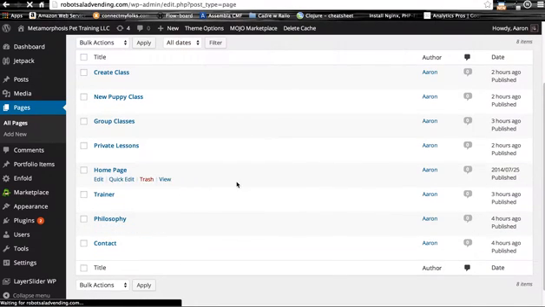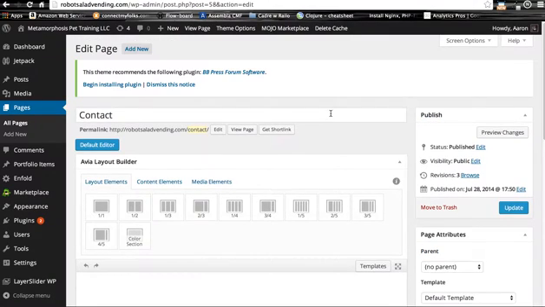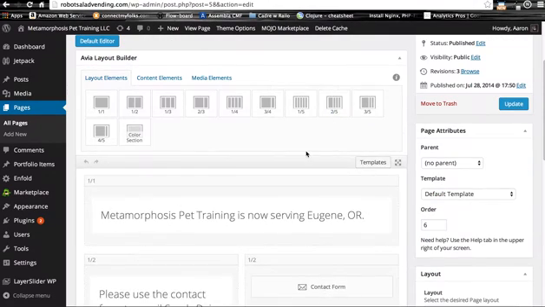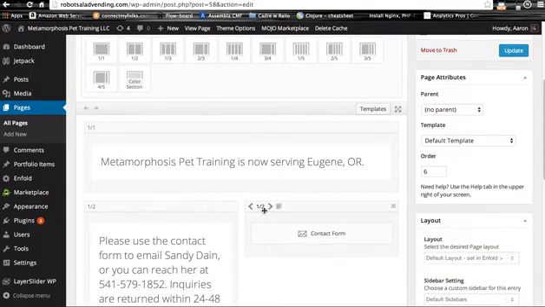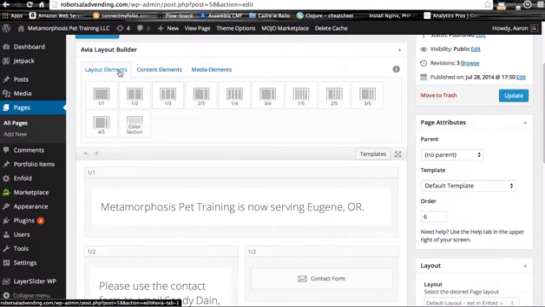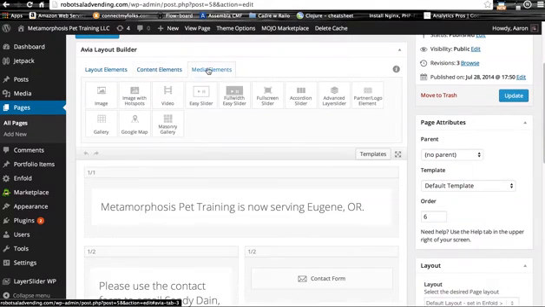Let's see, so I just kind of went over the home page there. The contact form, we can go over that. Scroll down a little bit. Right here we've got the contact form, and basically these are created by dragging and dropping these layout elements, content elements, and media elements into this area.